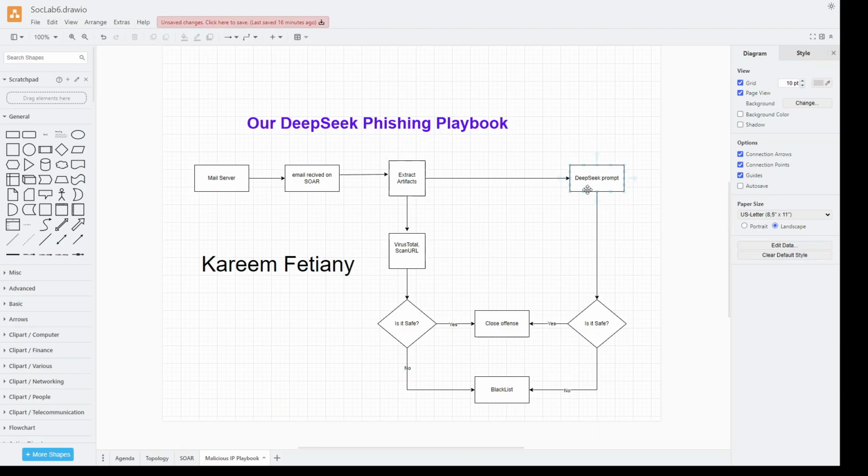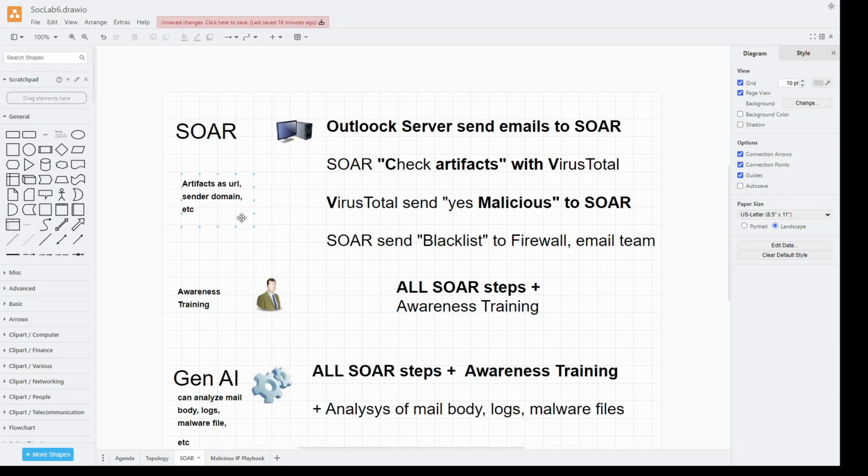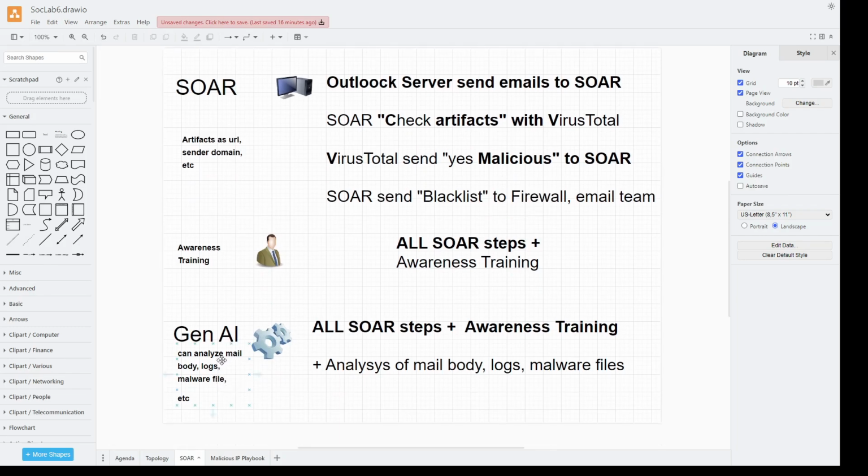We can use DeepSeek in some use cases, like, for example, we may check the email body, because actually we do not check the email body. Sometimes this mail body may include some wrong or some malicious behavior. So we can use the Gen AI to analyze this mail body, and for some use cases we can even use it to analyze some logs,